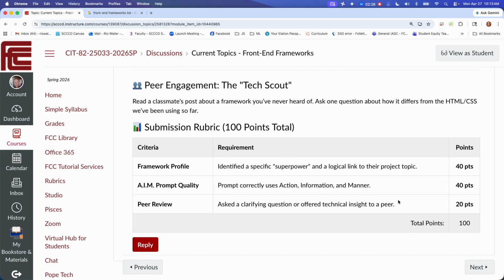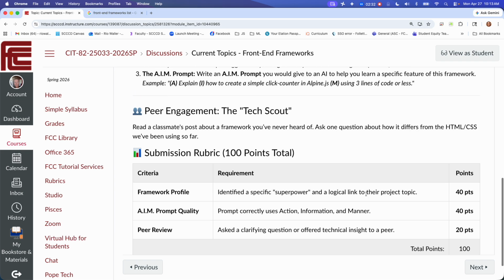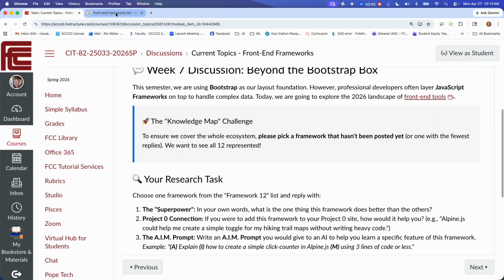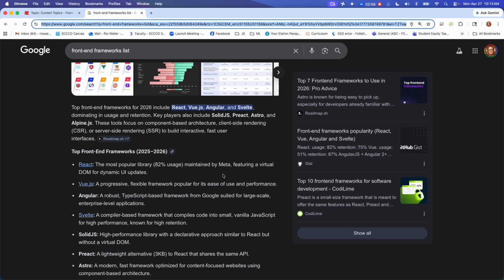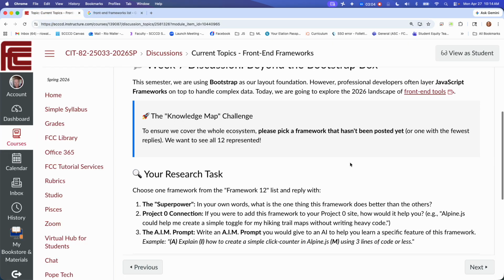So here's the breakdown of the way the grading is. The AIM is 40 points here. So spend a little time doing that, because that can help you answer these questions, and it is a quick way to level up about understanding the benefits. Because the question would be, why do we have so many? Well, they must be trying to hit a unique feature that is used today. And even if you don't know, when you read their site, what does that mean? That's where your prompt can help you determine what that is and give you a better understanding so that you can choose it. Okay, all right. So that's your assignment for the last item in week 7.